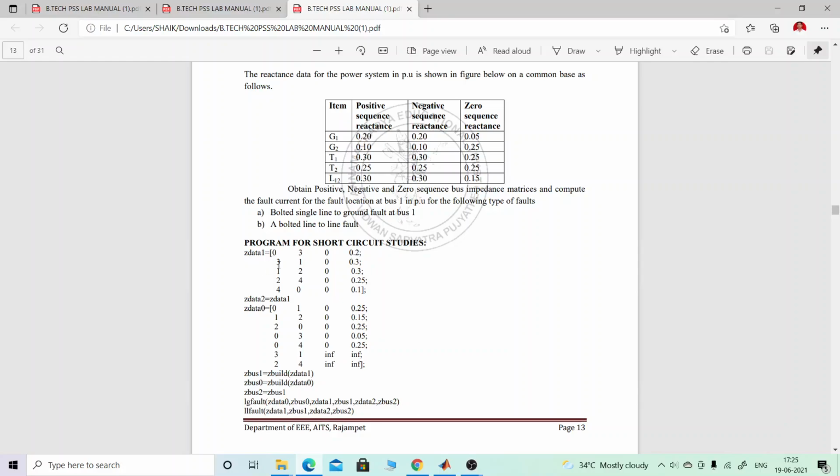And 3 to 1, followed by the transmission line 1, there exists 0.3 of reactance. That is regarding the transformer.